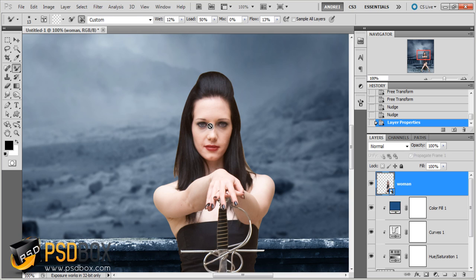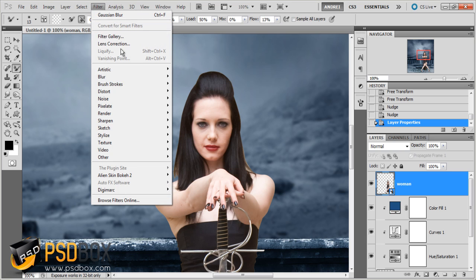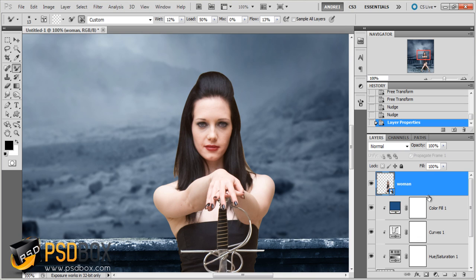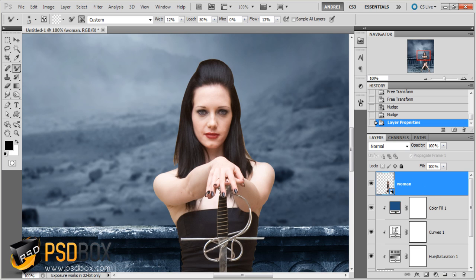So if you cannot use this tool, you just go to filter, blur, surface blur, and actually you have to make a duplicate of this layer, apply surface blur, and then use a layer mask to hide the effect where you don't want it. But for this I use the mixer brush tool, so I'll create a new layer,